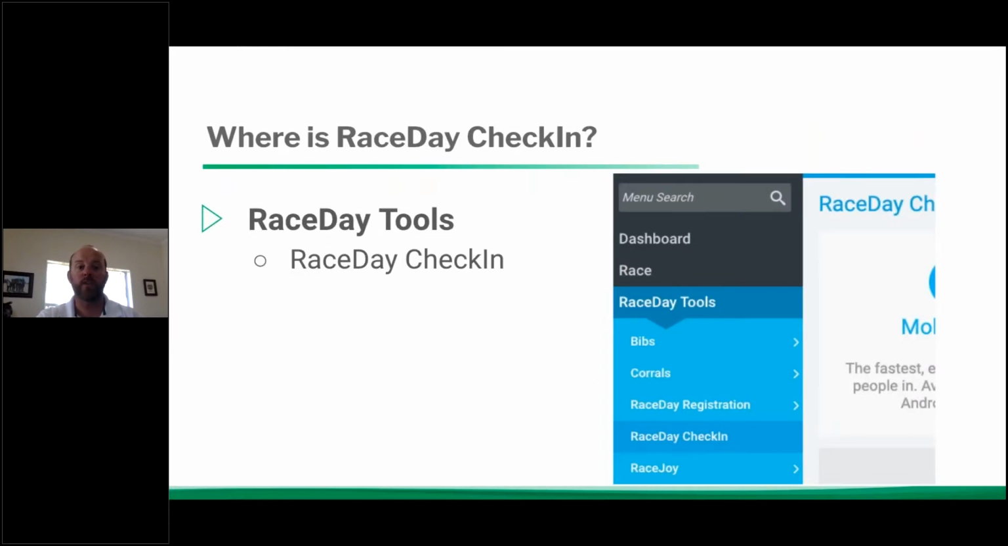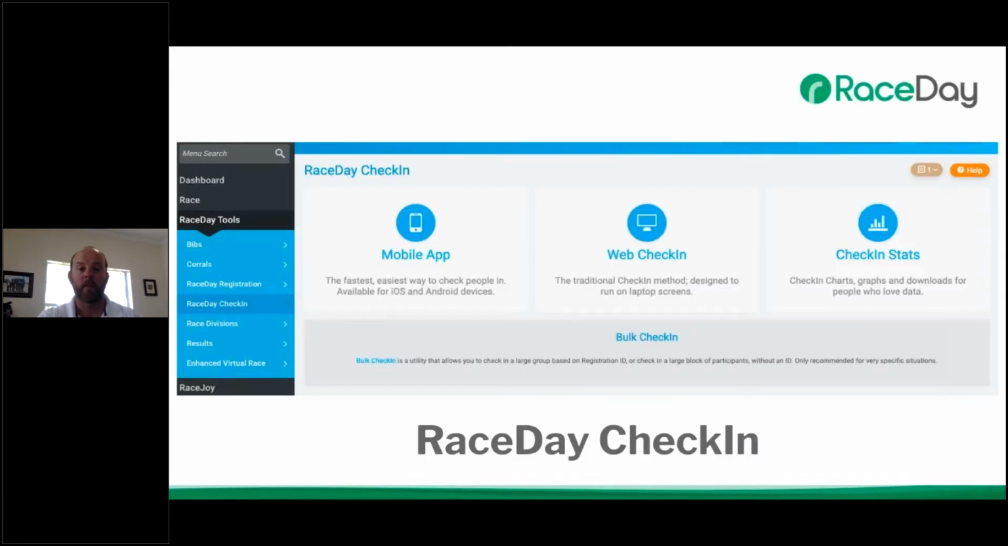So where is Race Day Check-In? Race Day Check-In is under Race Day Tools and Race Day Check-In. And once you click it, you've got several different options. And if there are specific questions about web check-in, check-ins, or bulk check-in, we can go over those if we have time at the end. I get the feeling like we won't, because there is a lot to cover between the mobile app and the